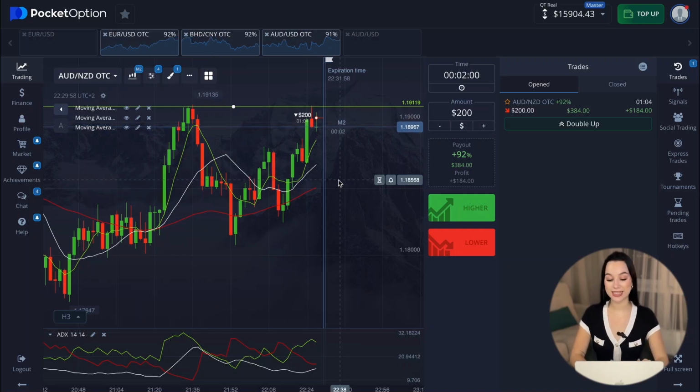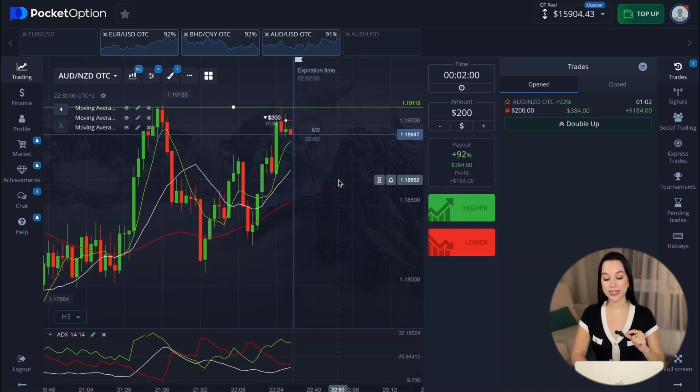Also the ADX indicator, the green line of ADX is above the red line of ADX, so it means that our chart should grow, our chart should go up higher. But